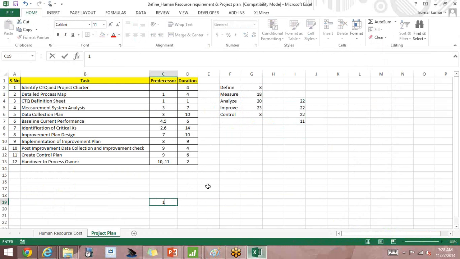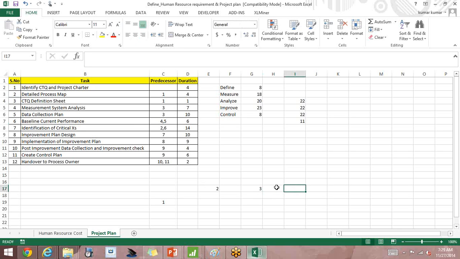This is process step 1, step 2, step 3. When I say step 1, step 2, step 3, I'm speaking about this serial number 1, 2, 3, 4, 5, 6, 7, so on and so forth.